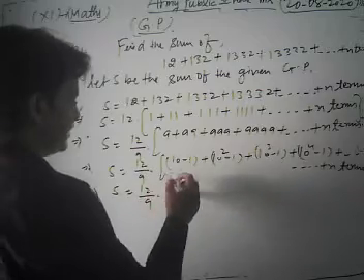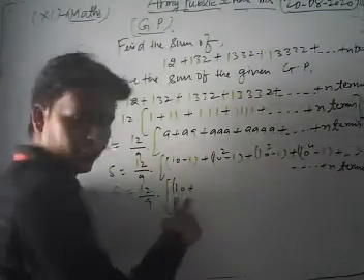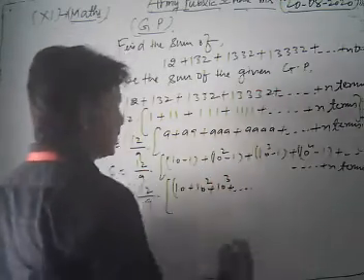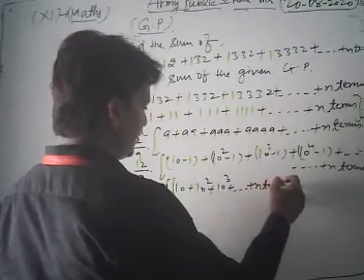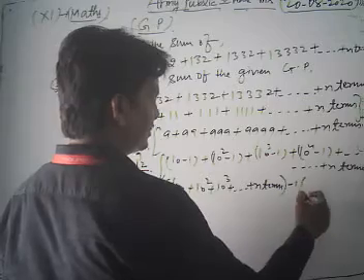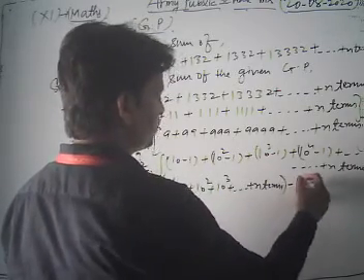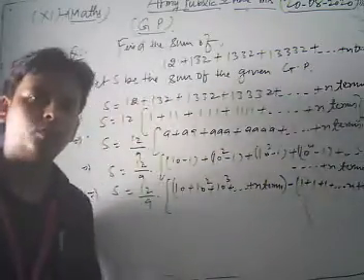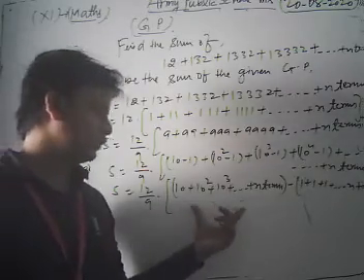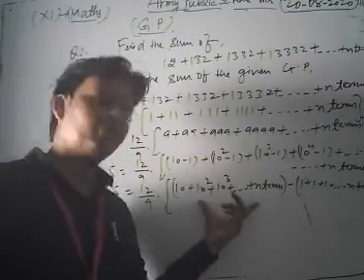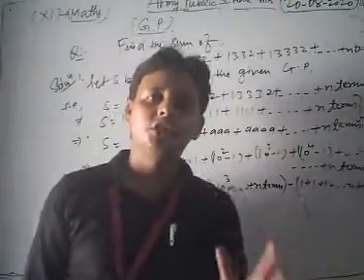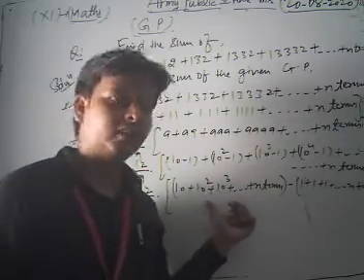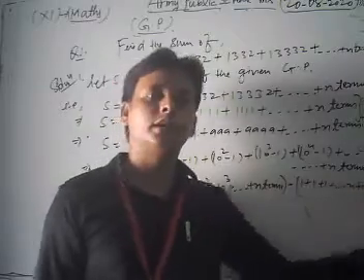Now we split the given series in two parts. Dear student, one part is 10 plus 10 square plus 10 cube plus and so on up to n terms. Now we take minus as common, so we write 1 plus 1 plus 1 up to n terms. Now, dear student, when we observe the first series, it is in the form of a GP where the first term is 10 and the common ratio is 10. Here the sum of 1 up to n terms is equal to n.